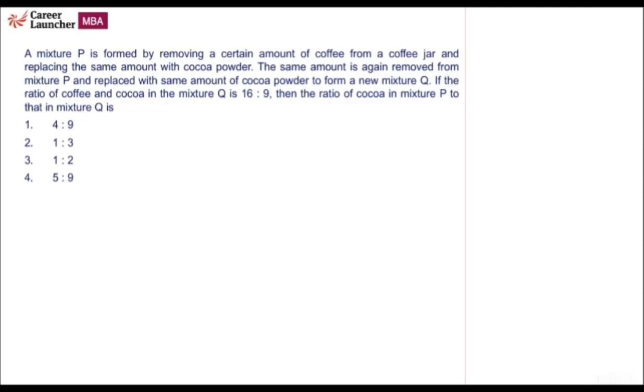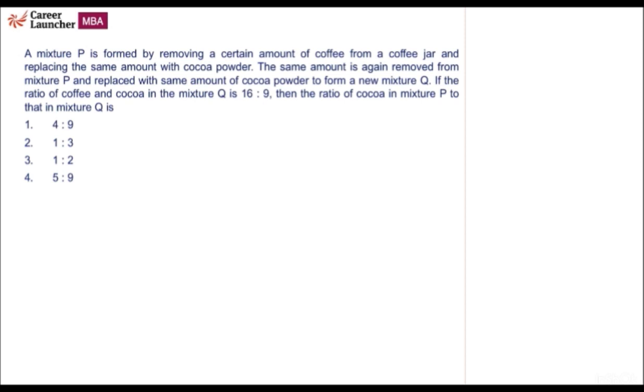Question number 10. This question is from mixtures. A mixture P is formed by removing a certain amount of coffee from a coffee jar and replacing the same amount with cocoa powder. The same amount is again removed from mixture P and replaced with the same amount of cocoa powder to form a new mixture Q. If the ratio of coffee and cocoa in the mixture Q is 16:9, then the ratio of,